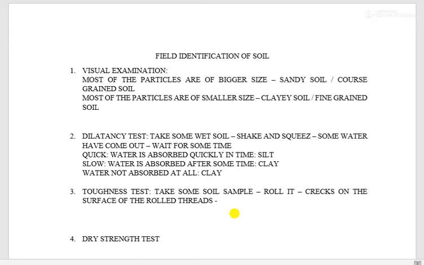On that point of time, the soil has reached its plastic limit, and at that time, if you continue rolling, then obviously the threads will crack. After that, you have to